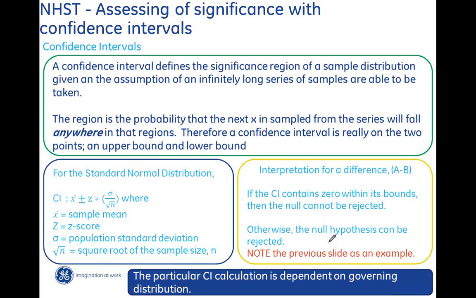Okay, so here I give you a standard formula for the confidence interval for the normal distribution. Right here, again, this is the standardized normal. There are different forms of the equation for confidence intervals, and they vary for the distribution. Just be cognizant of that. Again, you can see that this is driven by sample size as well.